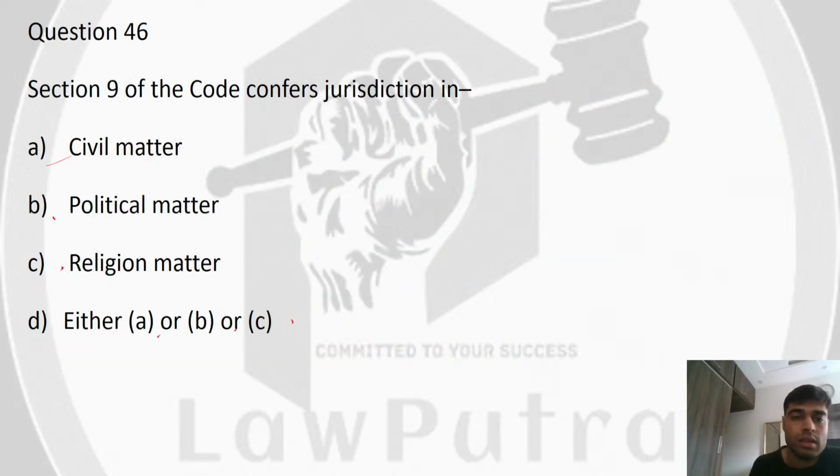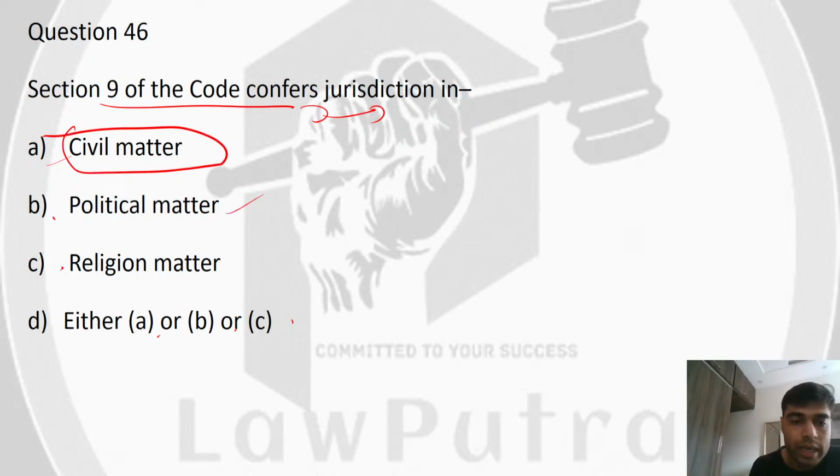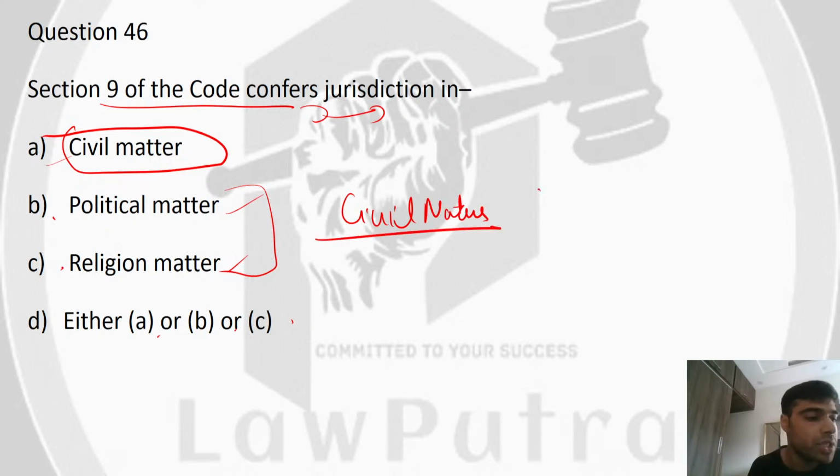See, section 9 basically deals with jurisdiction of civil court. Okay, that means in which matters the civil court has jurisdiction, and it says that the jurisdiction of civil court is there only for those suits which are of civil nature. All right. Now political matters and religious matters, these are suits which are not of civil nature. All right, because the question involved here